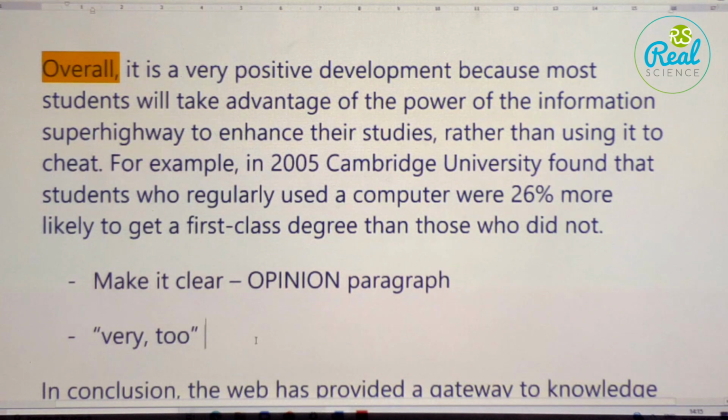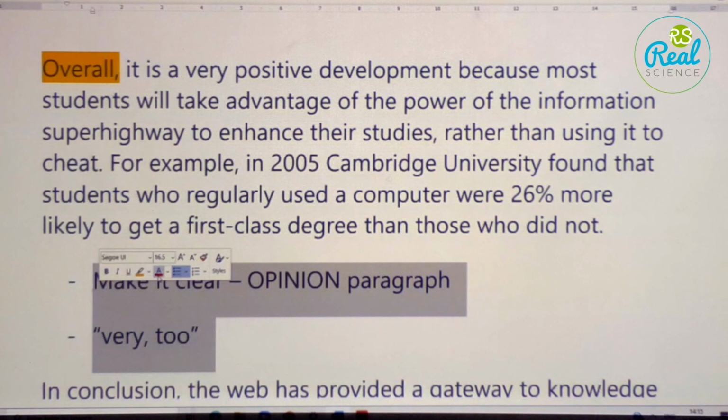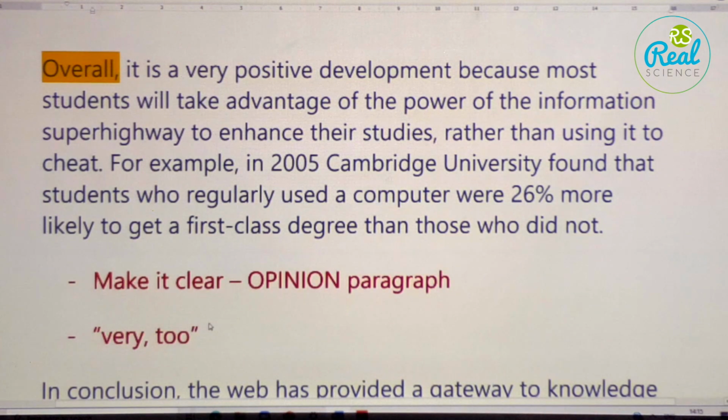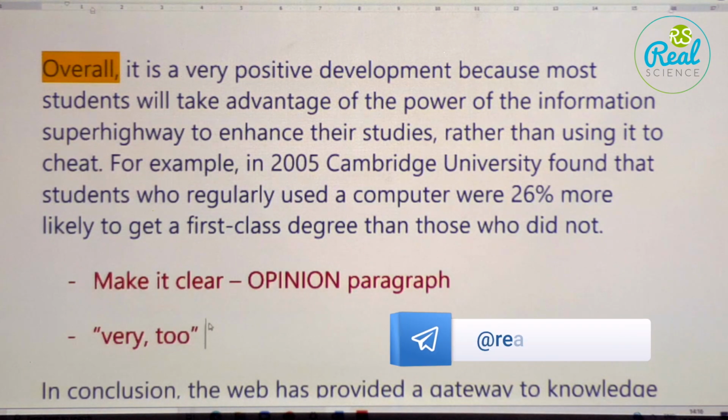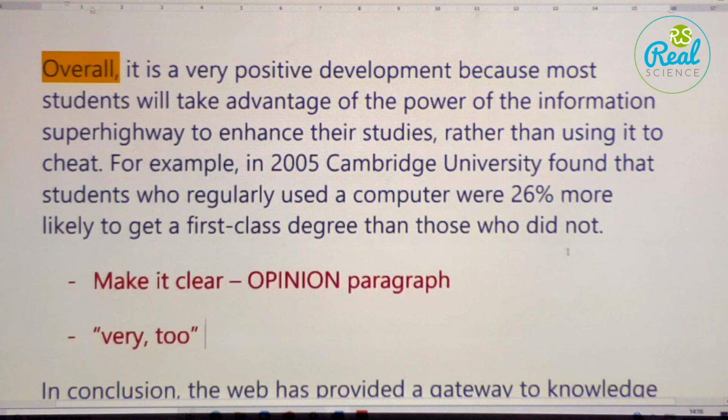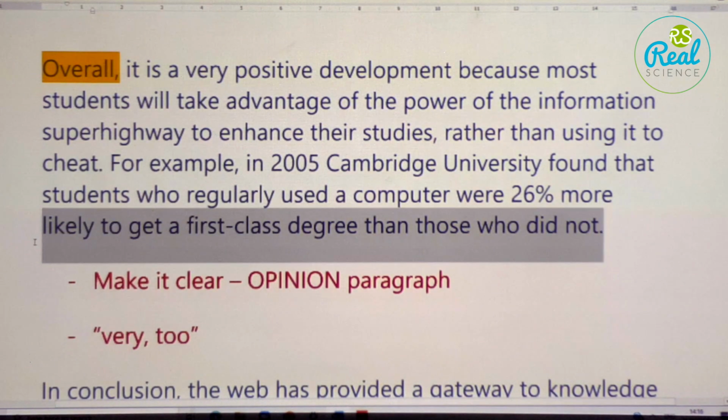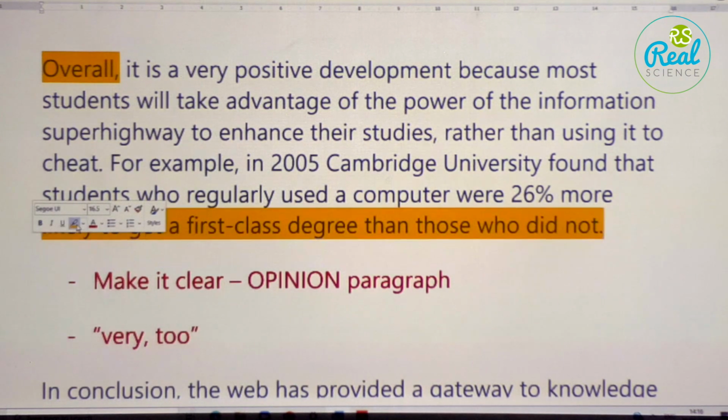And the same here, we are missing the concluding sentence. I wouldn't say that the concluding sentence is important for the opinion paragraph. Miss Malika, is it actually missing? He mentioned that they are more likely to get a first-class degree than those who didn't. I think he kind of combined it. Doesn't this part show the result?